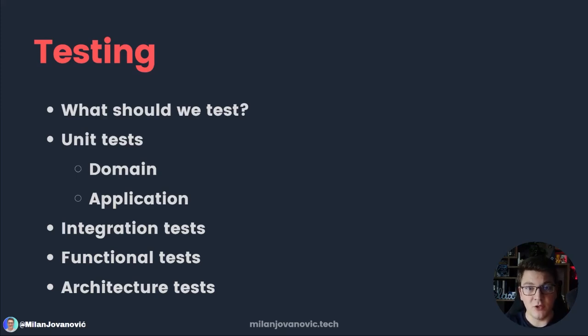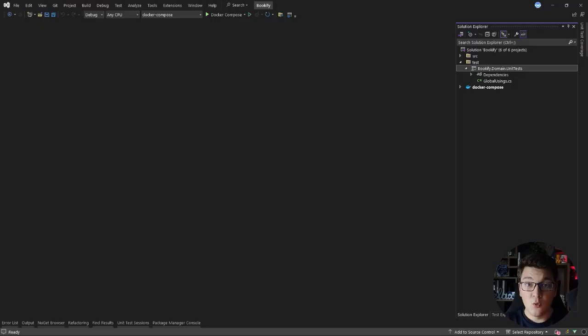It's also called end-to-end testing. And lastly, I'm going to show you how to write architecture tests to enforce your software architecture and design rules using automated tests. We have a lot of tests to write, so let's see how we are going to implement them. We are going to start our discussion about testing in the clean architecture from the domain layer by writing